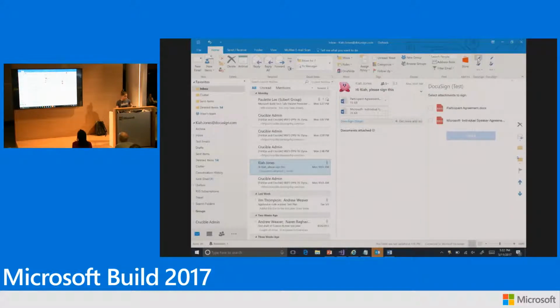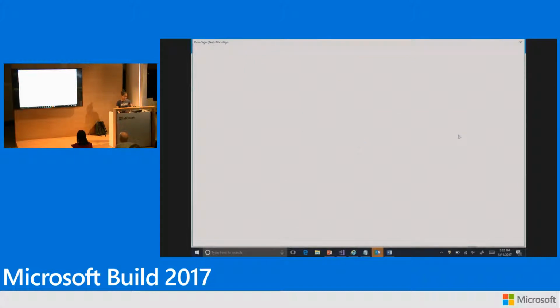And what that does is pull in the attachments associated with the email. And I can select which attachments I want to send for signing using DocuSign. So I'm going to check the first one. And what that's going to do is call DocuSign and prepare what we call an envelope, which sends a package of documents